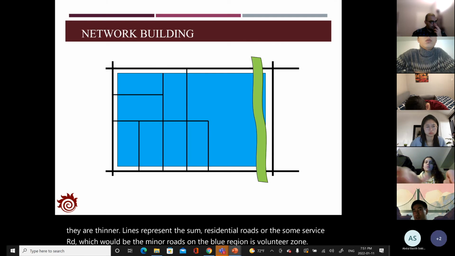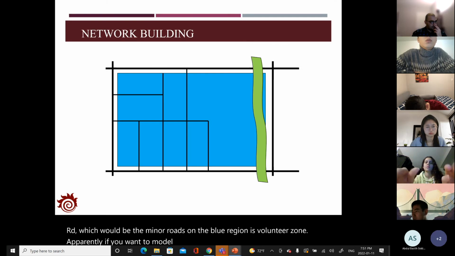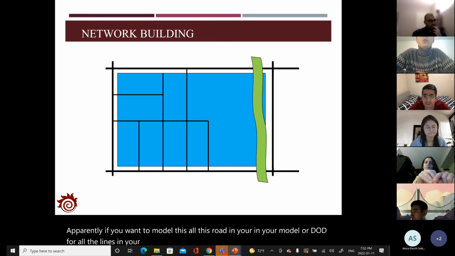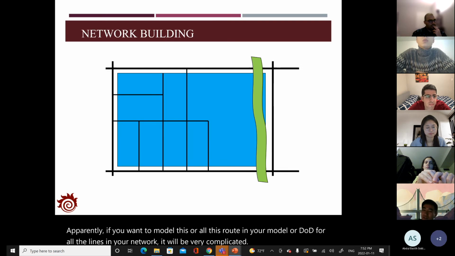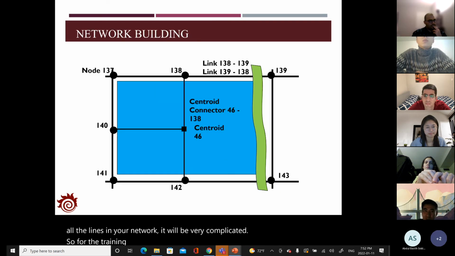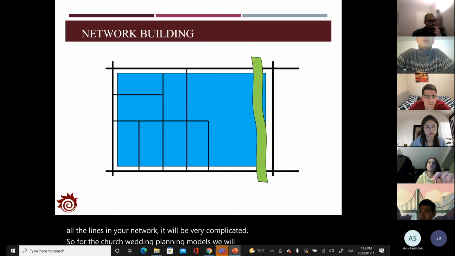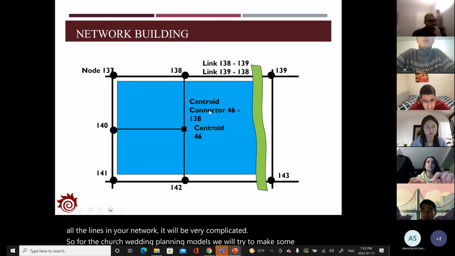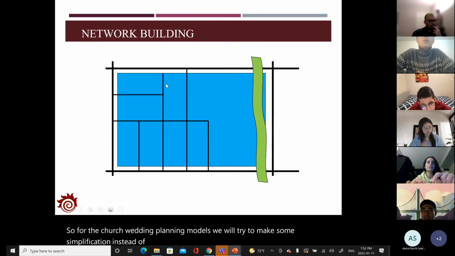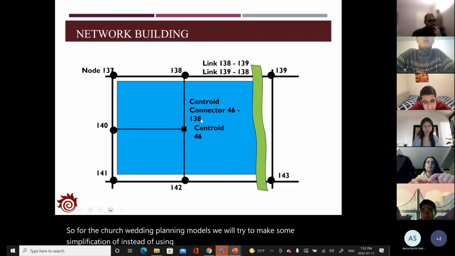Apparently, if you want to model all the roads, all the lines in your network, it will be very complicated. So for the transportation planning models, we will try to make some simplification. Instead of using all the minor roads, we just